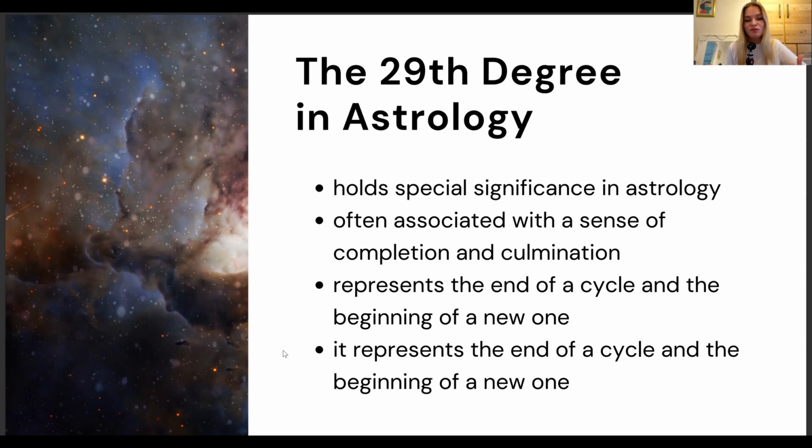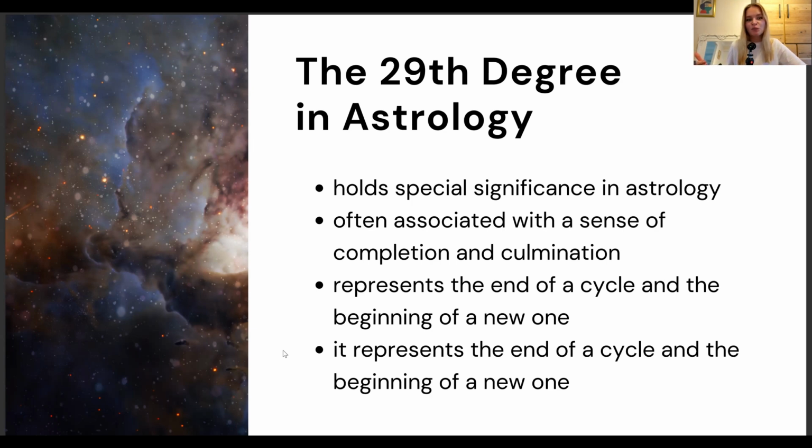So people with planets or important points, angles, at 29 degrees may experience intense energy and a sense of urgency for change throughout their life. It could be like a life theme or a tendency. Now, the 29th degree can bring both challenges and opportunities, and it can indicate a need for closure, resolution, before moving forward into this new sign, phase, chapter, whatever you want to call it. It may also signify a powerful push for growth, transformation. It's a clearing away phase as well in many ways,